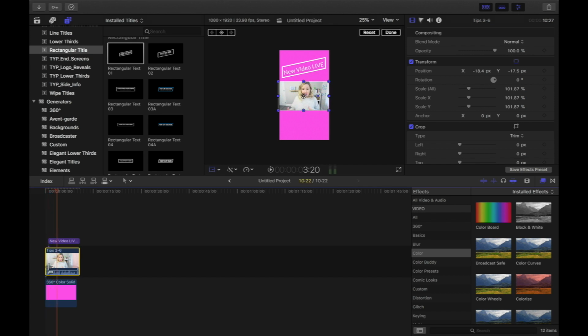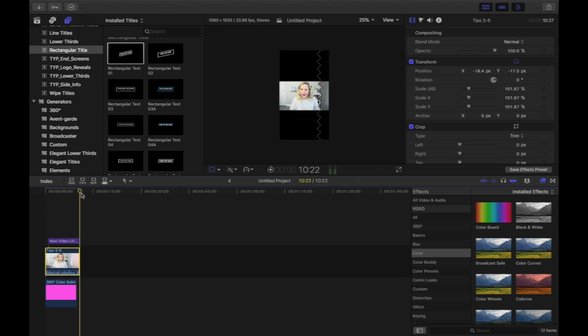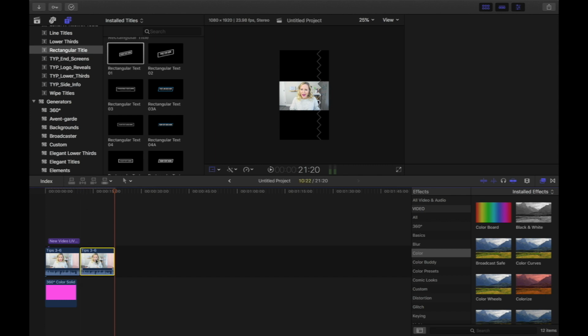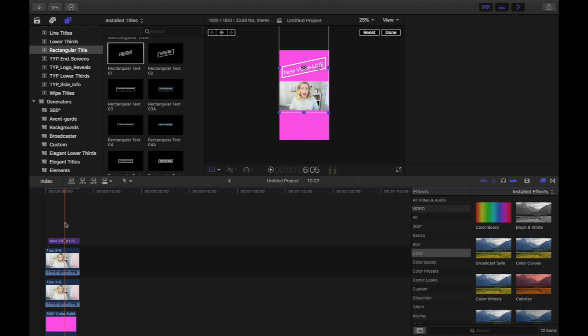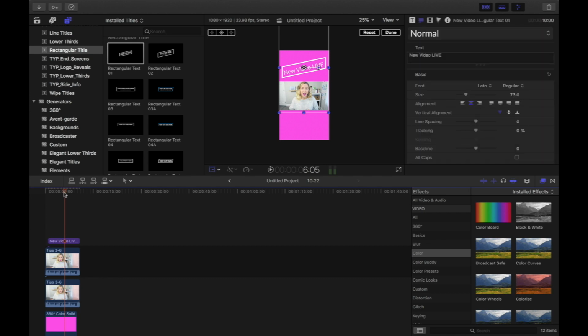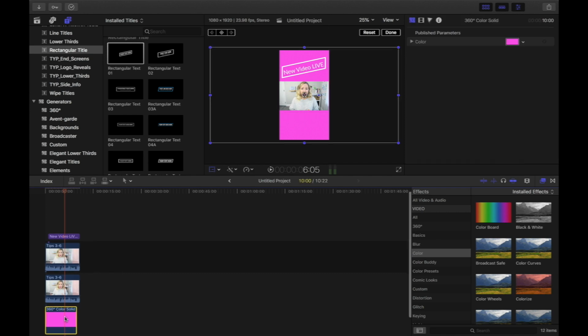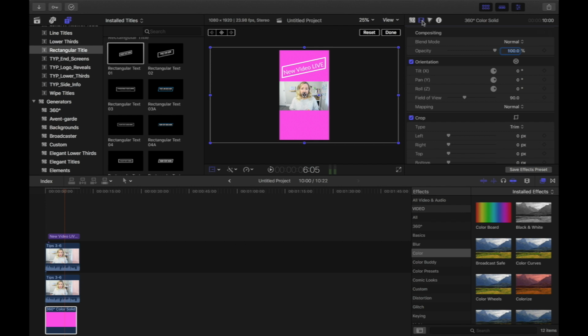Now one other cool way I like to do this is to grab this clip, go ahead and copy it. You can use Command-C and come to the end of your clip and paste it. Now I am going to put this guy right here. Make sure your ticker is right here as well. I want to make this a little bit more opaque so I can see through it. So what I'm going to do is come into here and click this little guy right here and change the